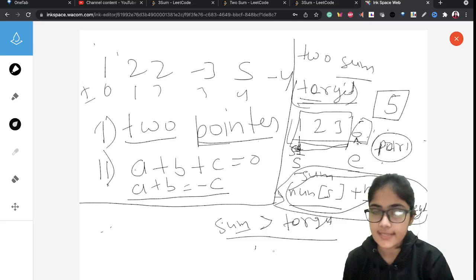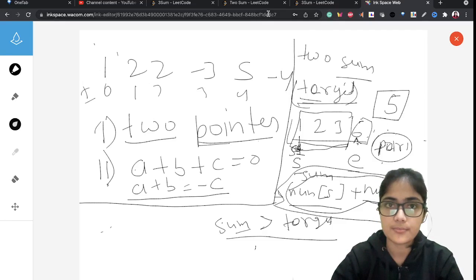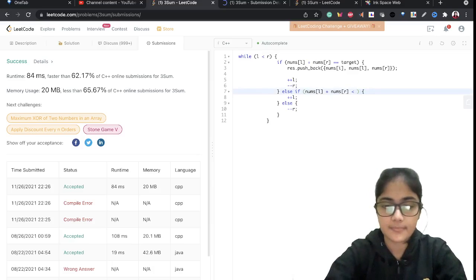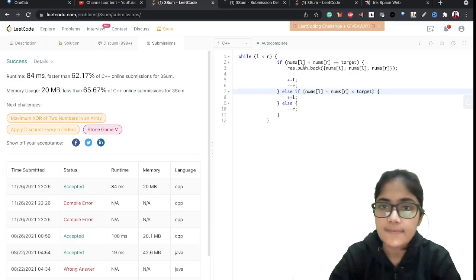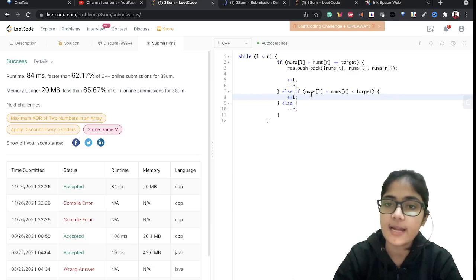So we will use the same concept here. Let me explain this code snippet first. If the sum is equal to target, then we got our answer. L is the first pointer and R is the second pointer. If the sum is less than target, then our answer will be any pair, but that pair will not include the value at the left pointer.